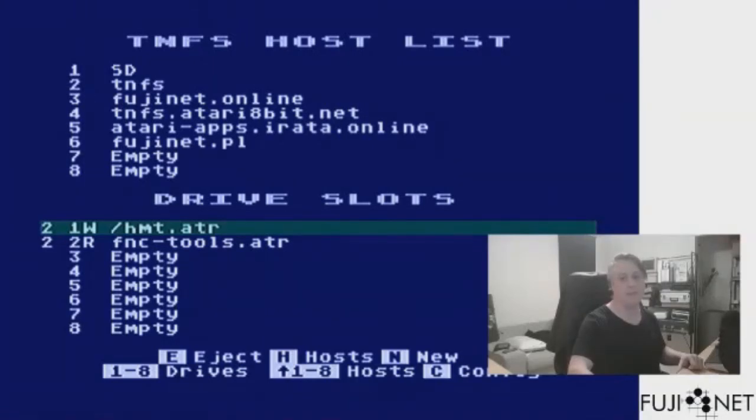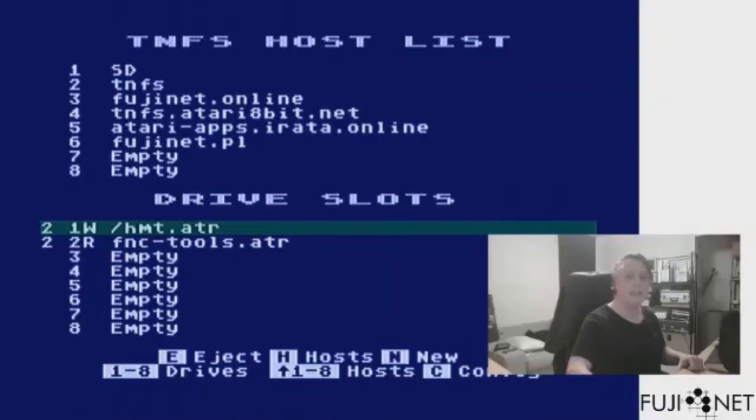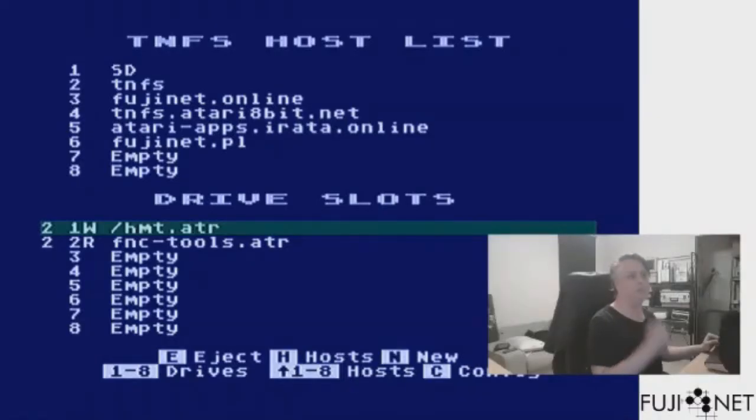Where's it pulling its power from? It's pulling the power from the plus 5 volts pin on the SIO port. On the SIO, okay, it's using the SIO port. Now you can choose to either do that or you can power it externally through USB. Your choice. Got it. So one of the things that Fujinet actually provides here is a way for you to